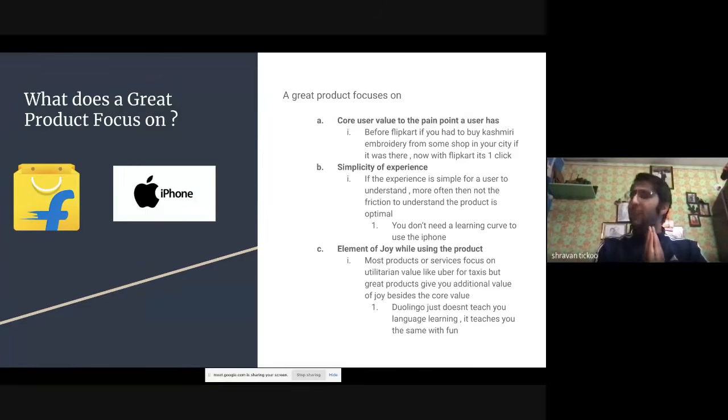So the experience is amazing, which I told you, right? The core value is like the same thing which used to take you 24 hours or maybe 2 days to do, now happens in 10 minutes. So that's the core value. So that's why you would go to an e-commerce website, whereas you would not do the same experience.